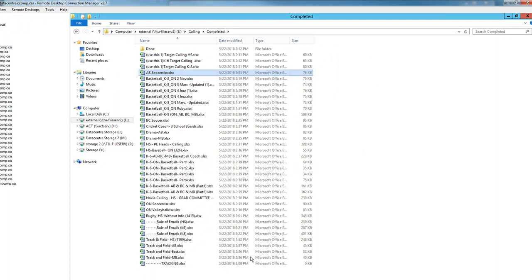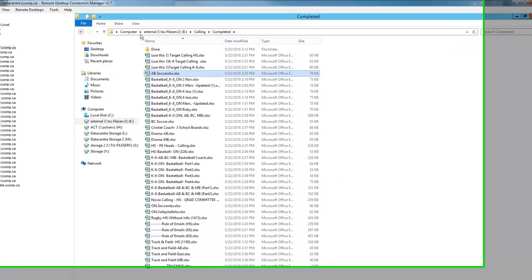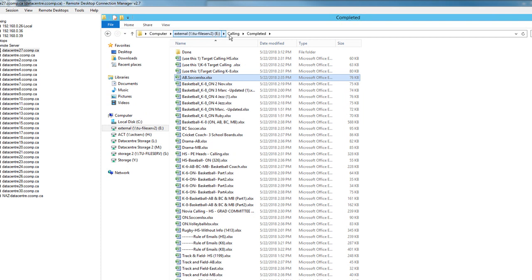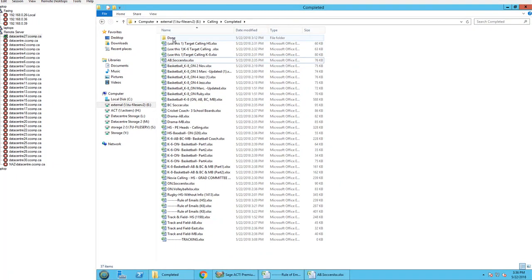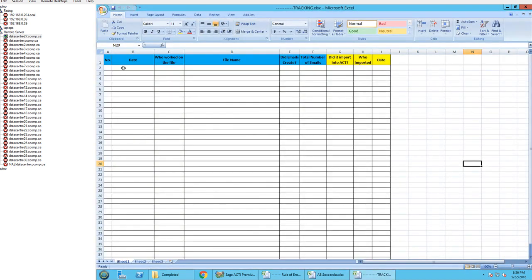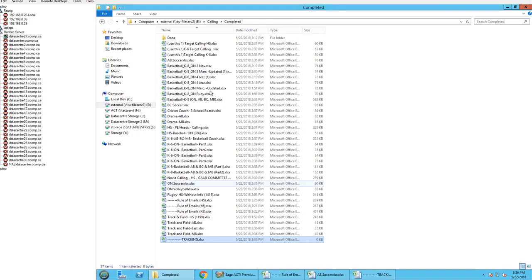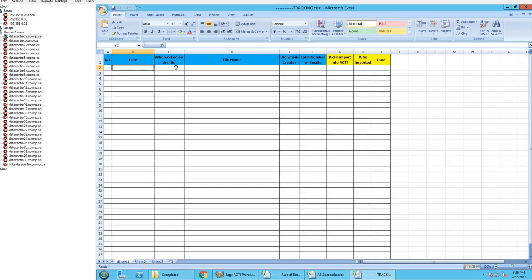All of the data that we want to work on are located here in the external drive, calling and completed. And we have a folder called done. When we are done with AB soccer, which I'm showing you right now, then I should put it in done. And we have one tracking file here, which we should fill in when we are doing something. Right now, for example, I'm working on this file, so this is my file name in the tracking,